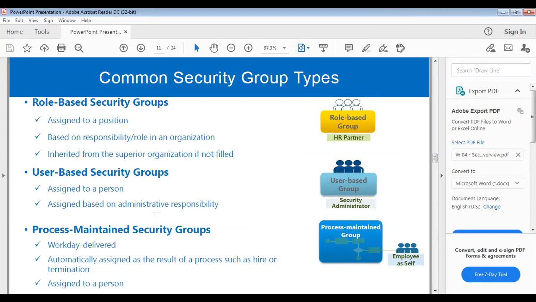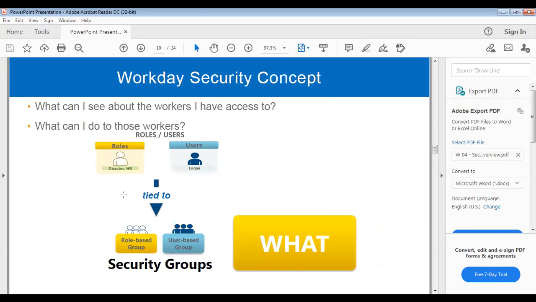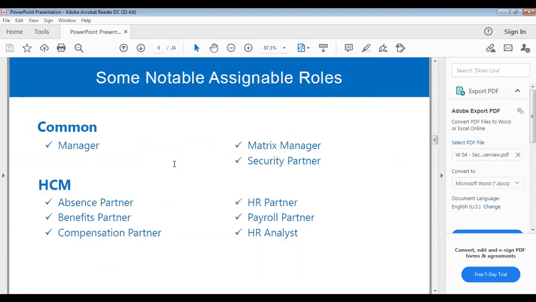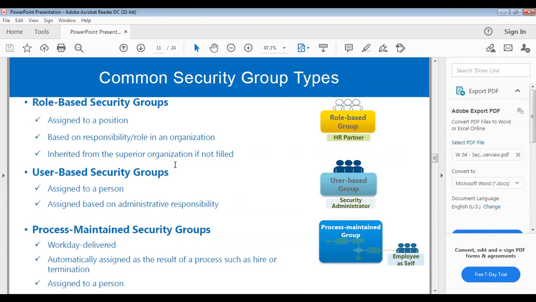The worker is linked to a job or a position, correct? So whenever we create a position, we will try to link it with some security groups. How will I know which security I'm supposed to give to this person? That is what I'm getting confused about.